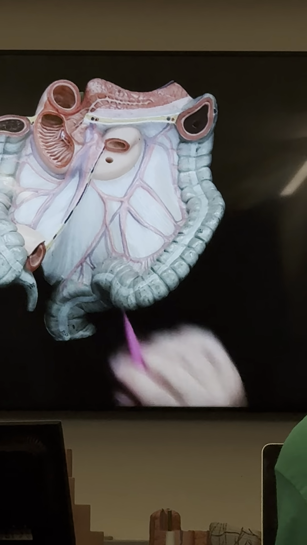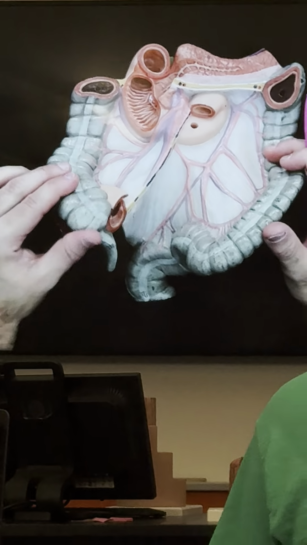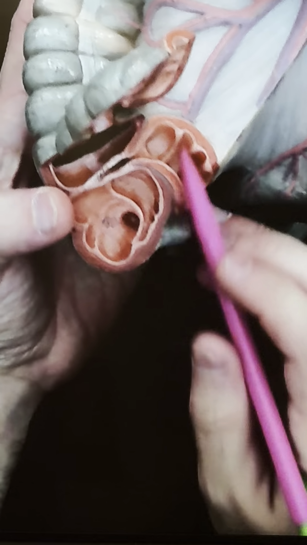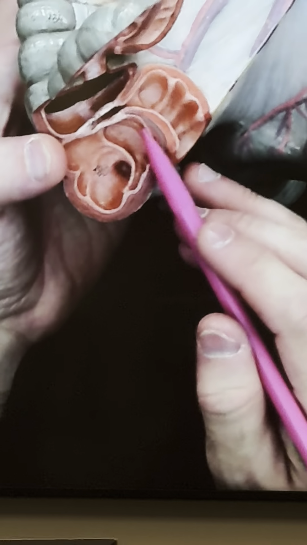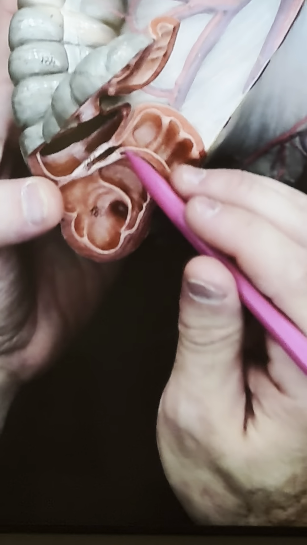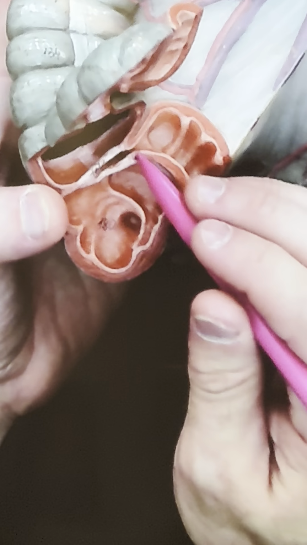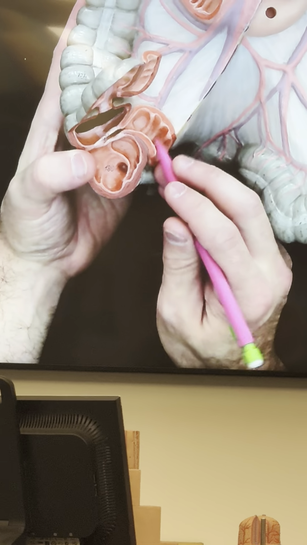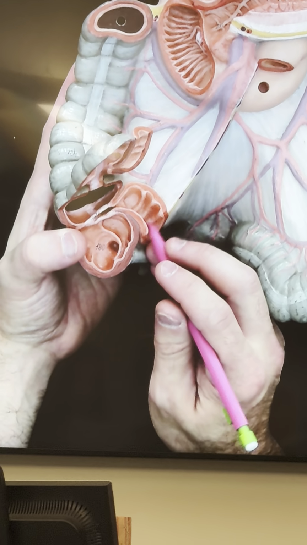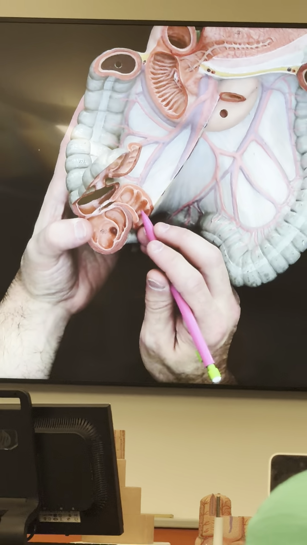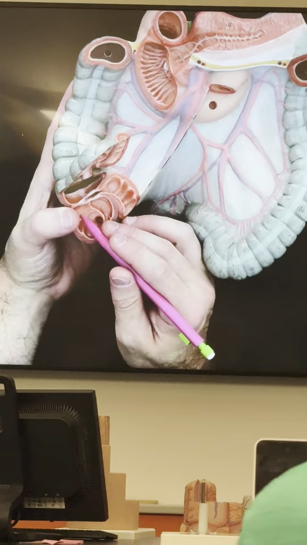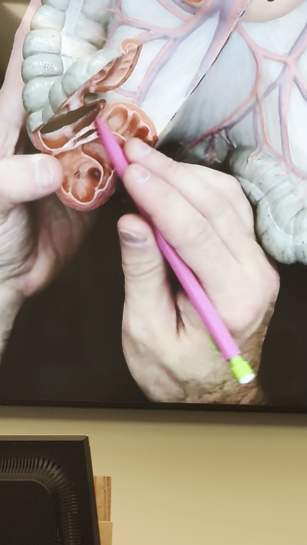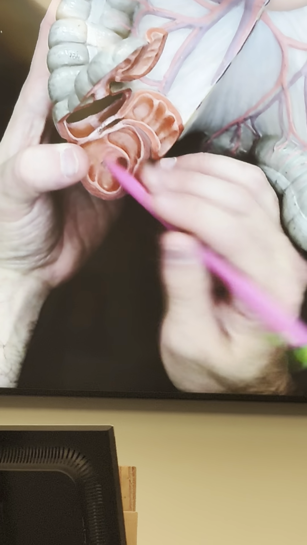So starting down here, we have your ileum and your cecum. This is the ileocecal junction. That is made up of two parts. You have your ileocecal sphincter here, and what that does is it only lets the most liquefied food through. So if some food is still a little bit solid, you still have time to chemically and tiny little bit mechanically digest food before it moves on. So only the most liquefied food moves on, and that's due to the constriction of the ileocecal sphincter. And then this is the ileocecal valve that prevents backflow.